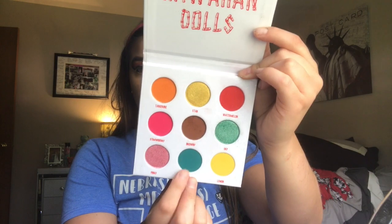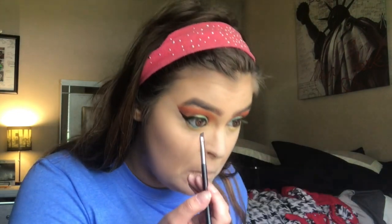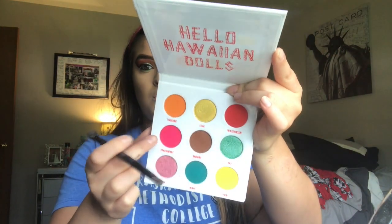Okay, so now that we have that down, we're going to go in with this shade right here, and this is the shade Wave. I thought that said wine for a second. This is the shade Wave, and I'm just going to apply this directly at the root of my lashes here. That's pigmented. That's pretty pigmented, and we're just gonna use that to smudge out the liner that we have going on. That's pretty good. Obviously it looks super harsh because I have to blend it out. I'm going to take the shade Strawberry right here, and I am going to blend out that color into, wow, that's bright. Blend out that blue color into the,